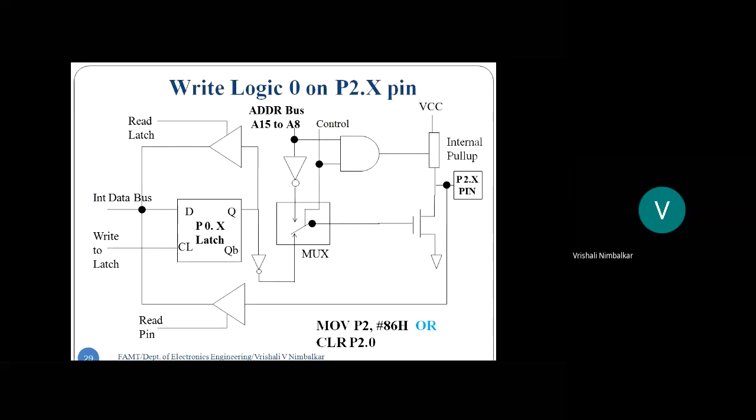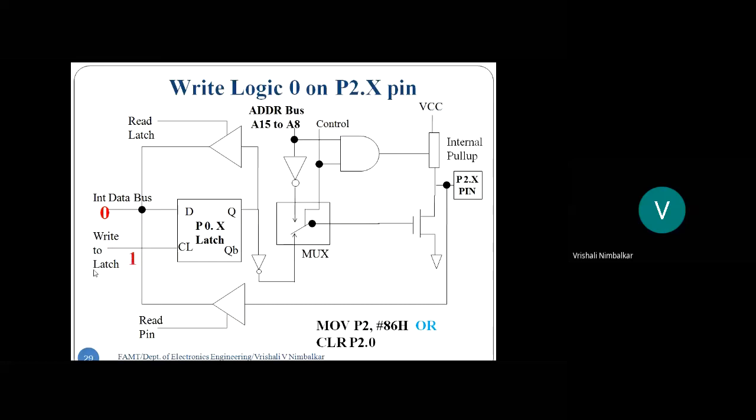Okay. So by now you all will also be able to tell how this works, students. We have explained quite a lot of circuits. So what is going to happen first when any of these instructions is getting executed? See, logic 0 will be placed on the internal data bus. Students, is that not so? Can you imagine what things are going to happen in sequence? Okay. So logic 0 will be placed on the internal data bus. What next? The write-to-latch signal will be activated.